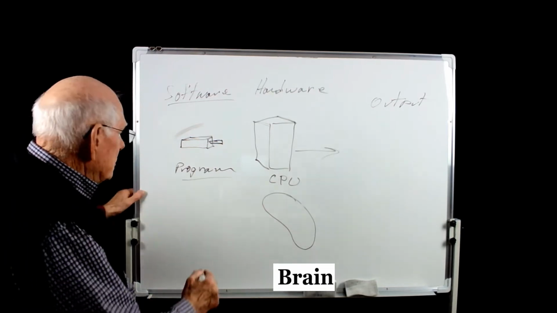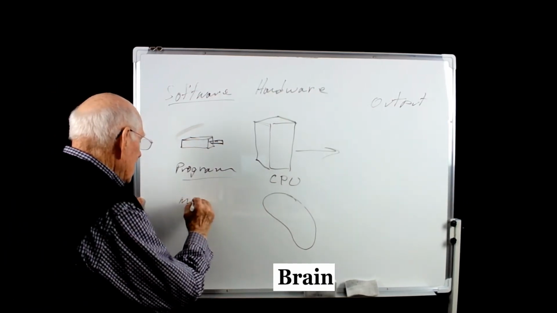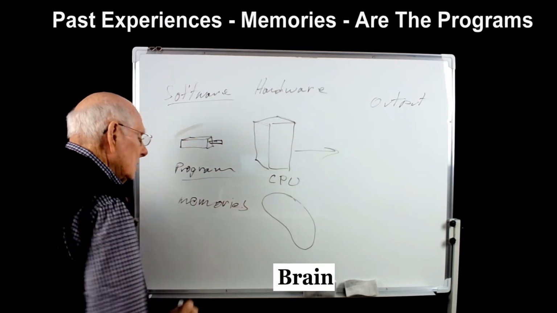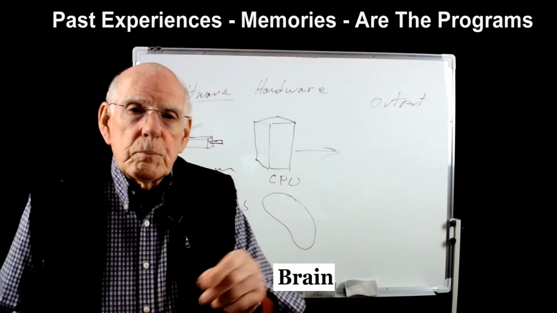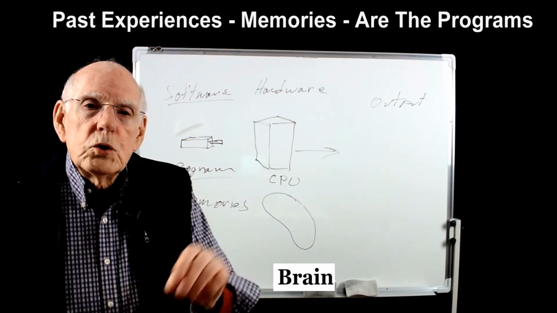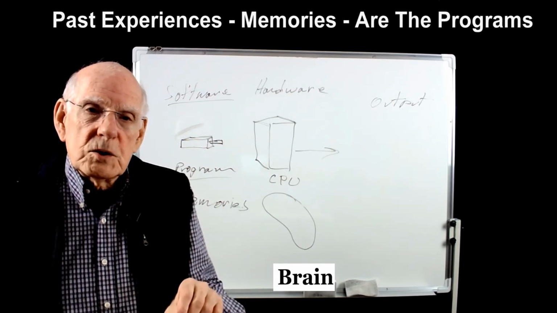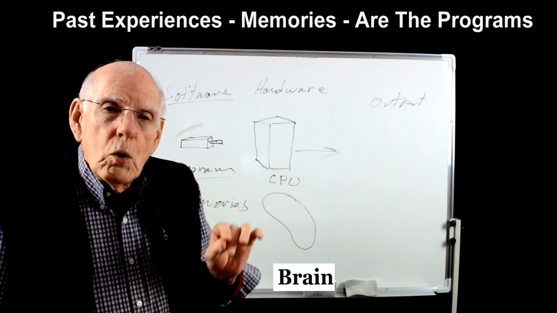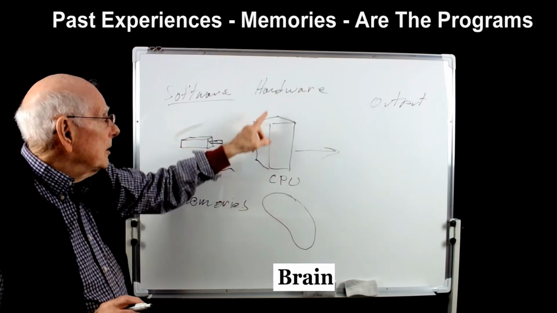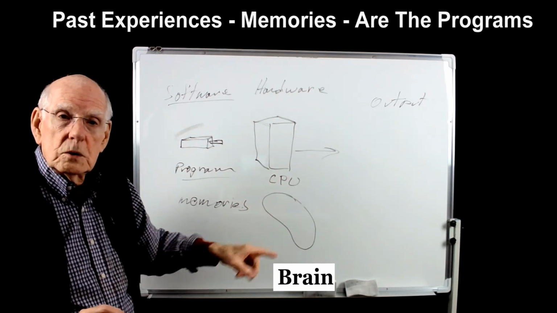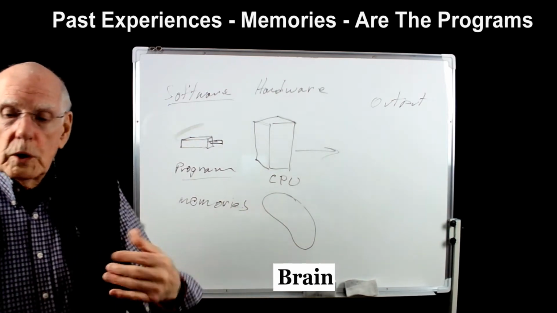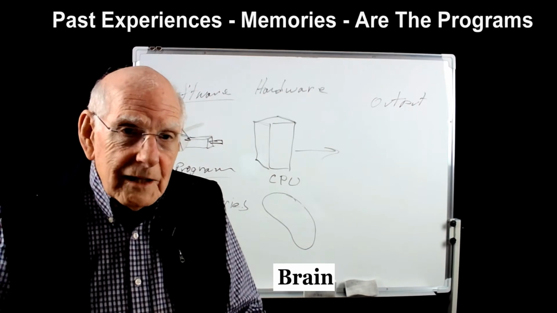Well, I'm going to suggest that it is memories, which is your past experience. You use your past experience to know what kind of signals you need to send to the CPU, to the central processor. And the central processor will do exactly what it's supposed to do,